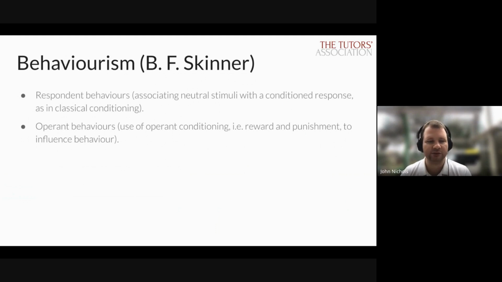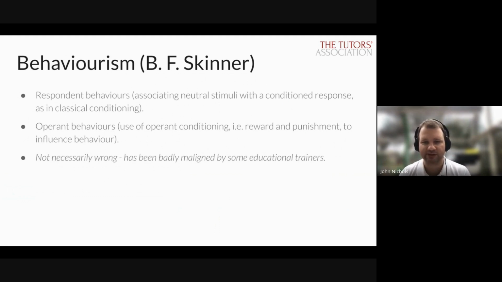And this has been maligned over the years. People have sort of imagined that this is a call to go back to corporal punishment and beating students black and blue if they don't do as they're told every day. But that wasn't really what B.F. Skinner was trying to get at. He was more trying to explain the psychological principles behind what's actually been going on pretty much for all of time. So behaviorism is not untrue.